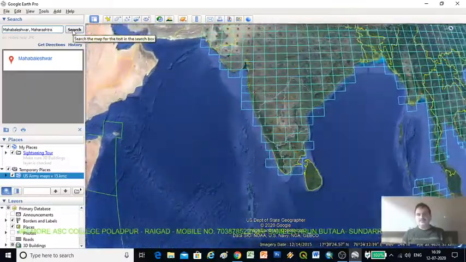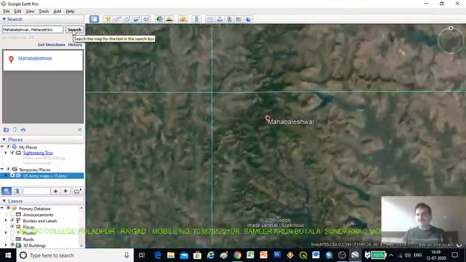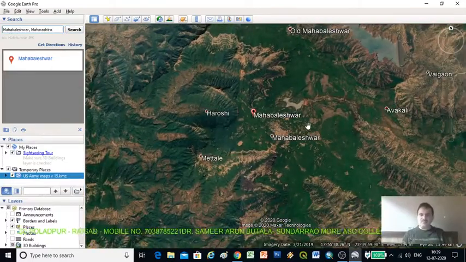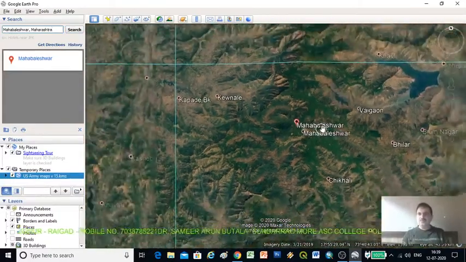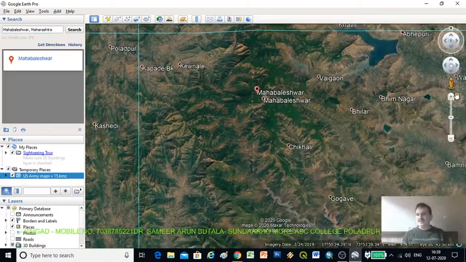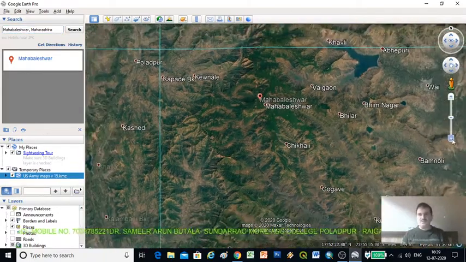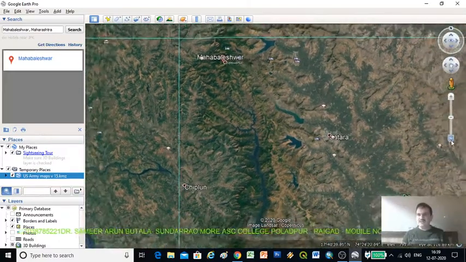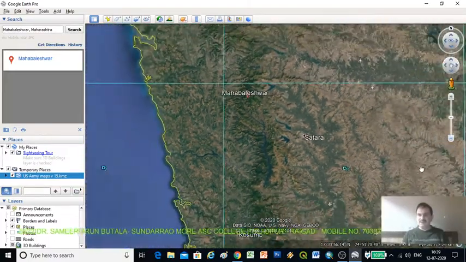Now the area is found by Google Earth. With the help of the scroll we can zoom in and zoom out, or there is a tool here that we can use to zoom in and zoom out. Now we find one square which is of Mahabaleshwar.